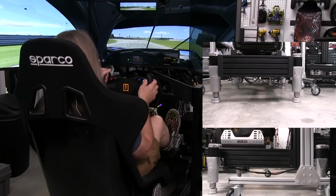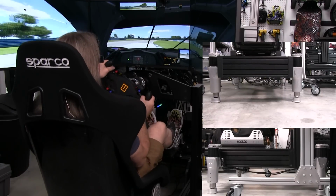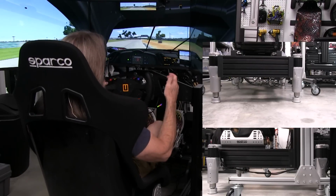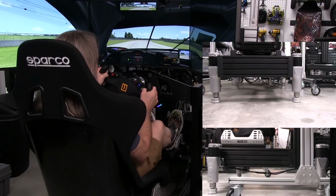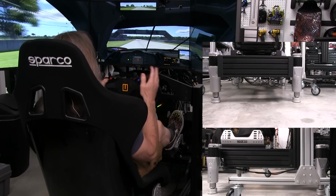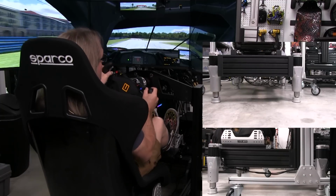Threshold braking, good pitch. Not too much roll coming around the corners because the roll, I feel like the roll is matching the dash shifting. If you can see that in the picture or in my monitors here, as my dash moves, that indicates suspension movement. I'm feeling like that's where it's setting now. That's enough. Any more, it's going to over-exaggerate it. Of course, that might be what you want, so